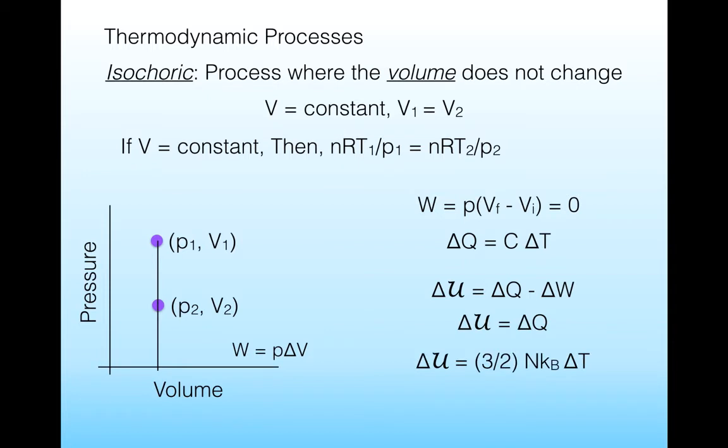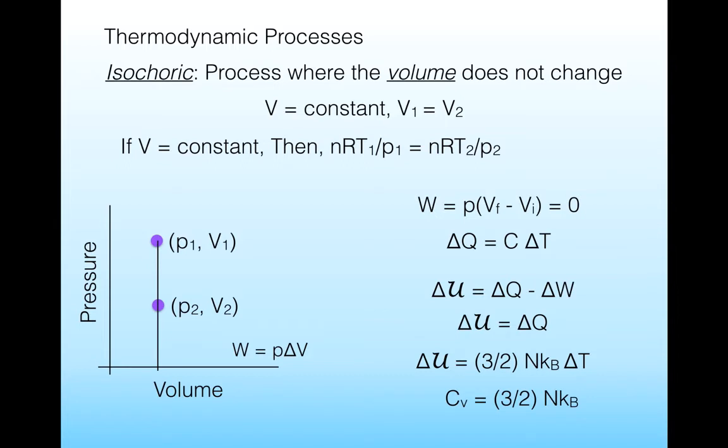Using the fact that we know what the change in internal energy is depending on the change in temperature, and plugging in for delta Q, we can find that the heat capacity for an ideal gas at constant volume is 3/2 NkB. This should strike you as somewhat unusual because we just said that the heat capacity for an ideal gas was 5/2 NkB. And this shows you that even though this is the exact same material, the heat capacity can actually change depending on how the system goes through a